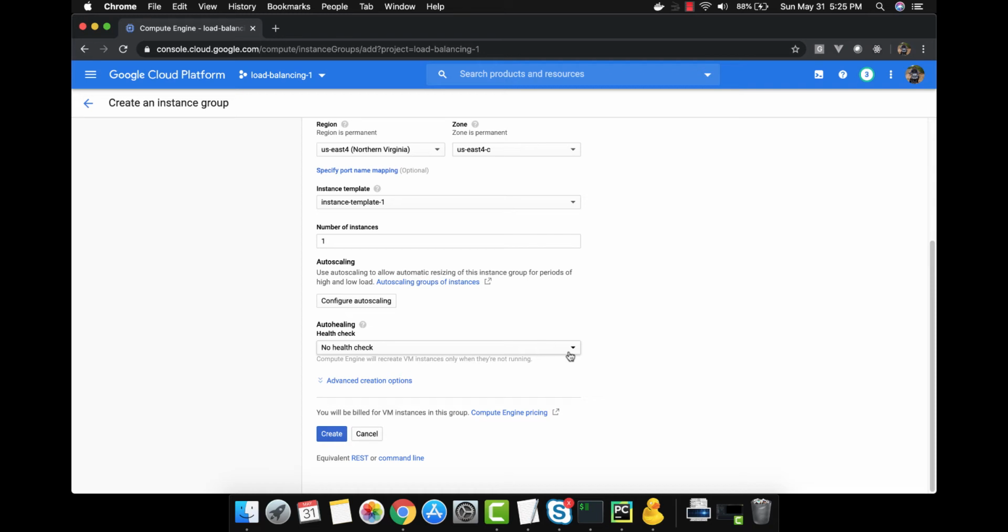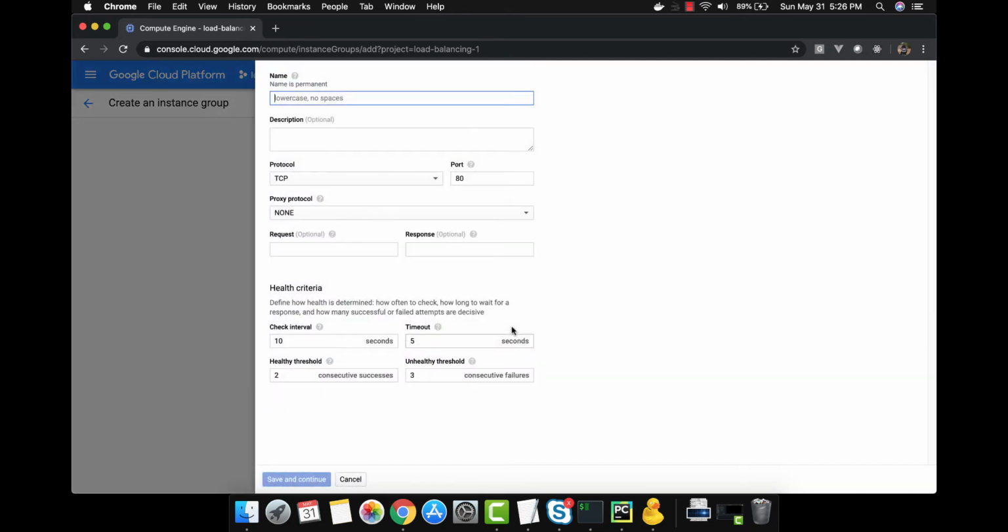That is why you should try to put a health check here, and that's what we will do. If you click on the drop down, it says no health check, only not running instances are created. So for some reason, if your instance shuts down or turns off, then auto healing will bring it back up without any health checks. With health checks, I can specify that even if my system is up, but if my application goes down, turn off that instance where my application has gone down and bring up an instance where my application is going to be hosted again. So we will just name it my app